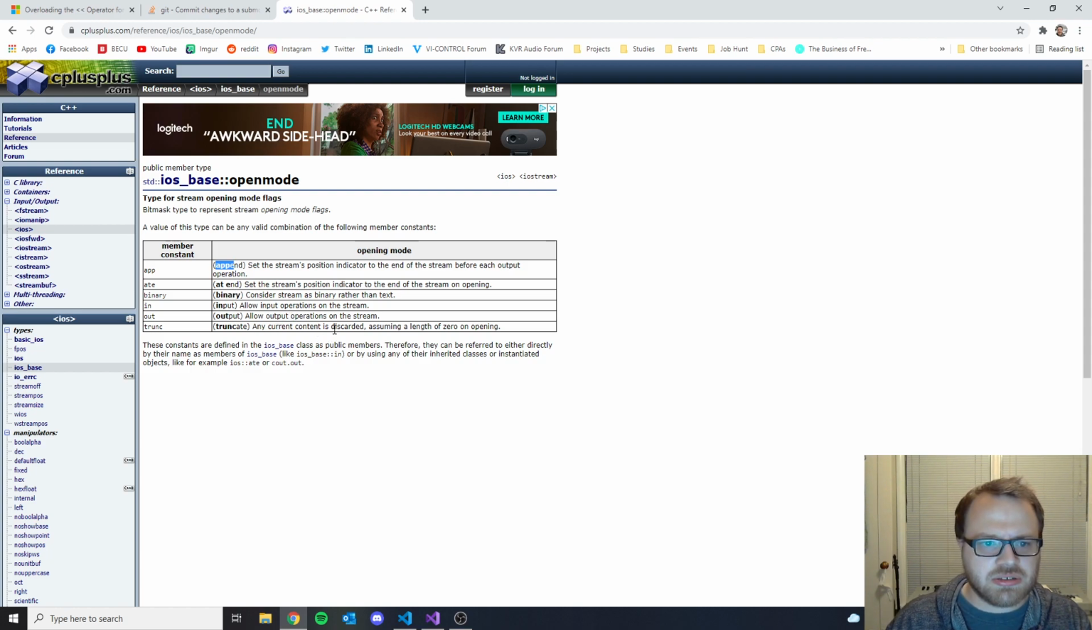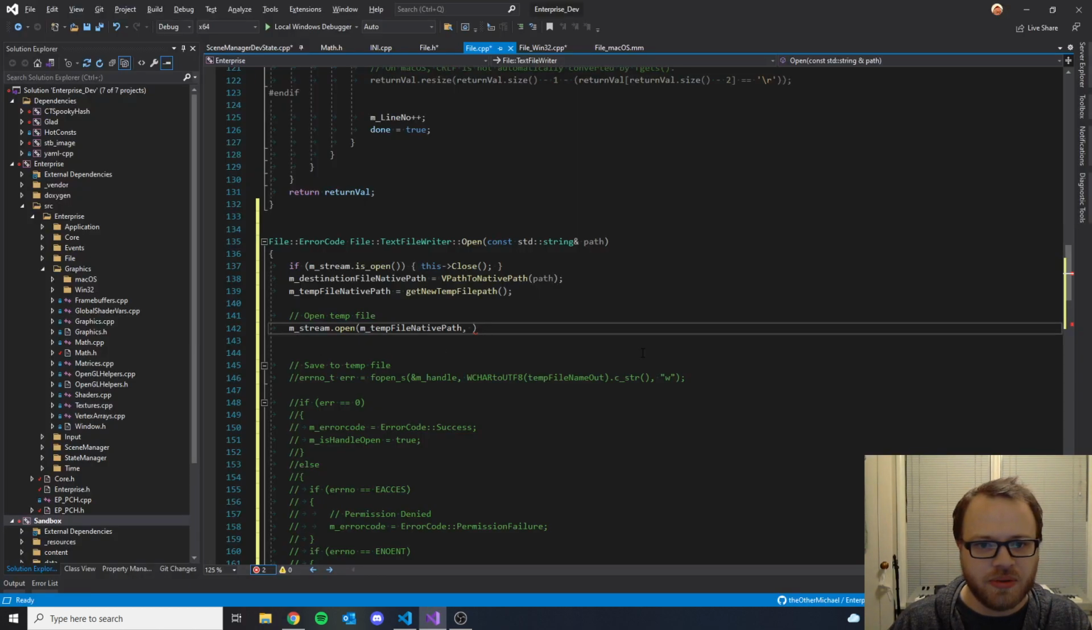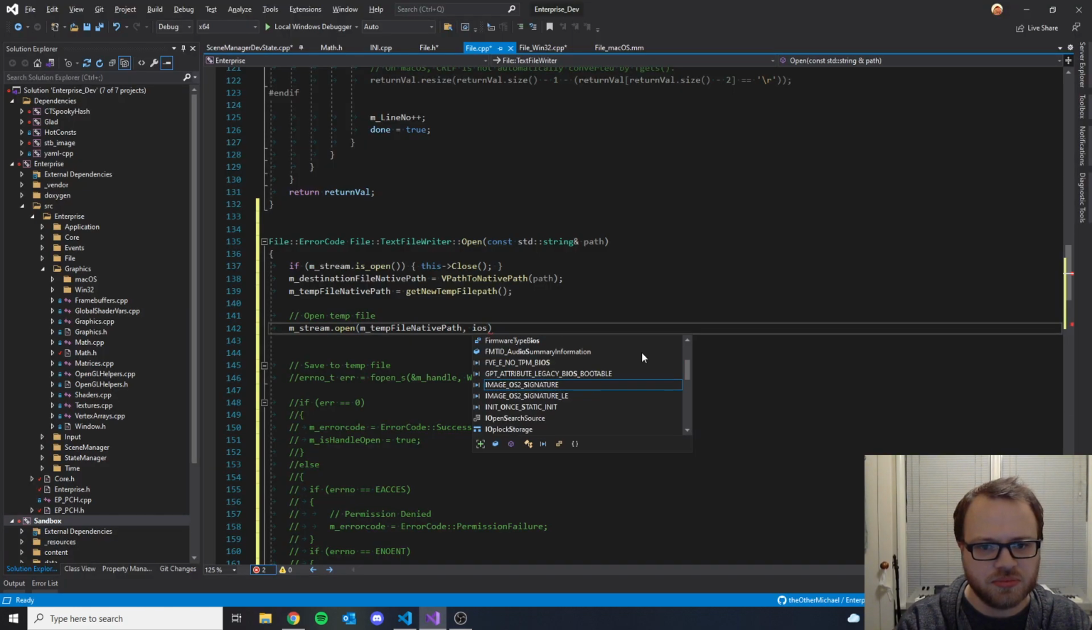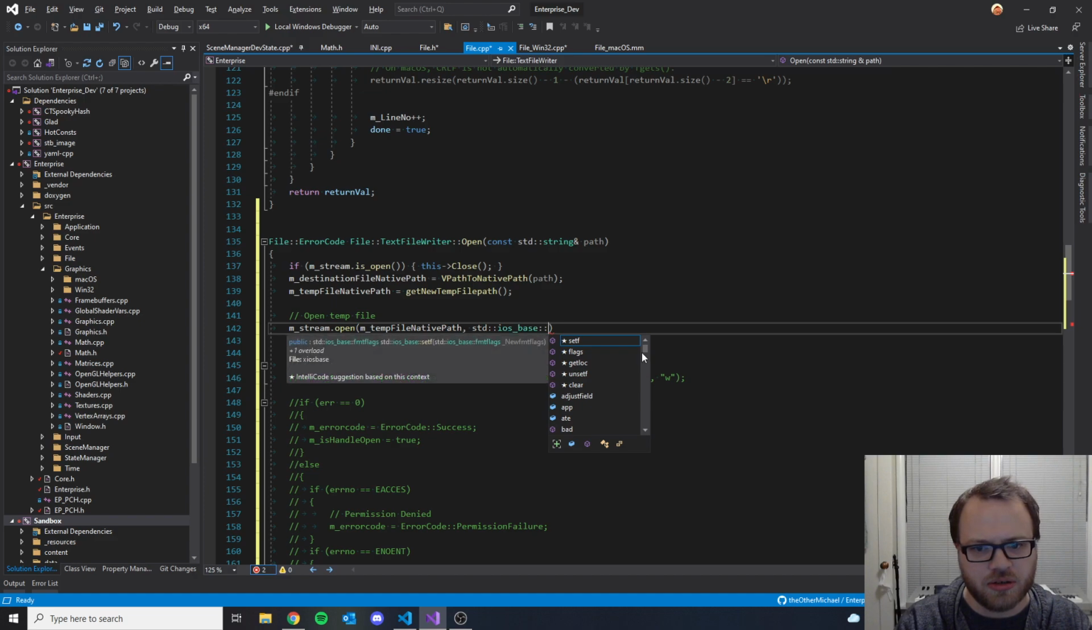Yeah, I think that's, oh, that's interesting. So truncate. I can actually just specify trunc in the open mode, and it'll take care of deleting the contents of the file for me, which is great because I was manually doing that before. So I just need out and trunc. That's all I need. It's called ios_base. Oh, I have to do std::ios_base. Yeah, and then